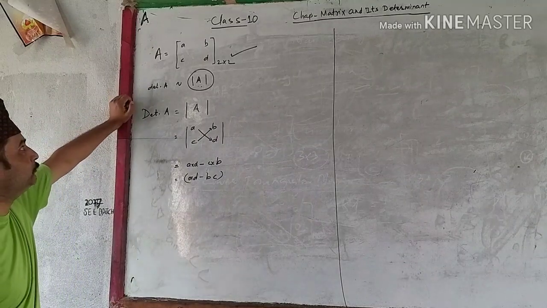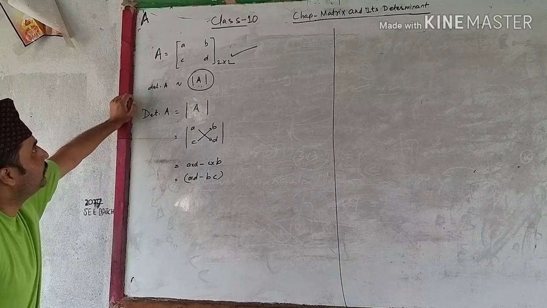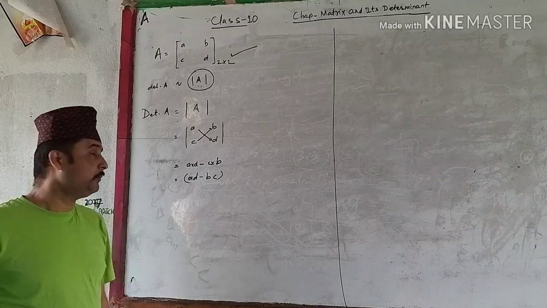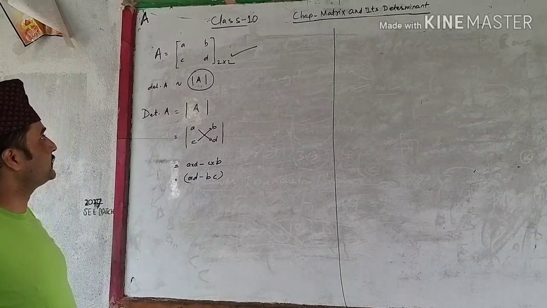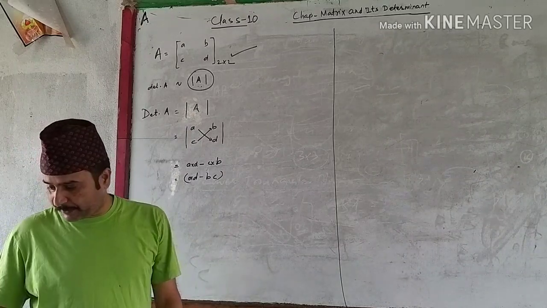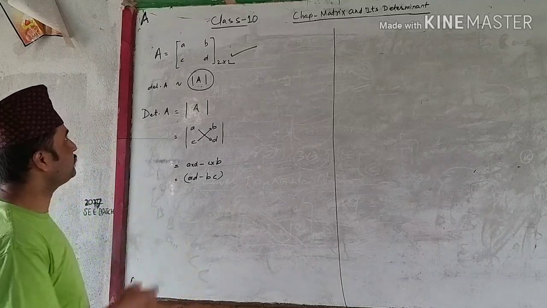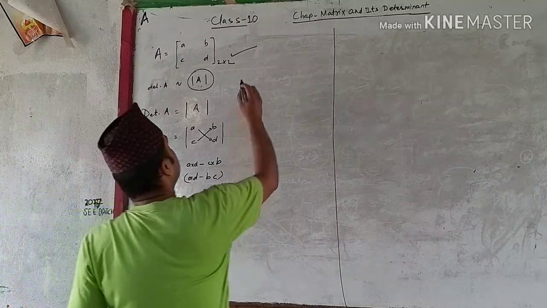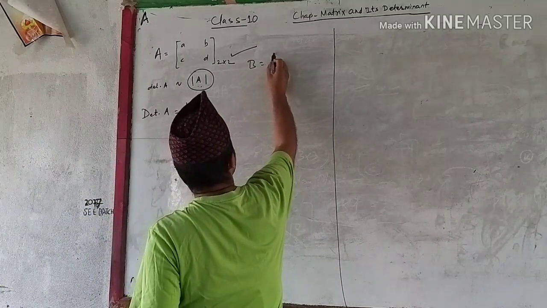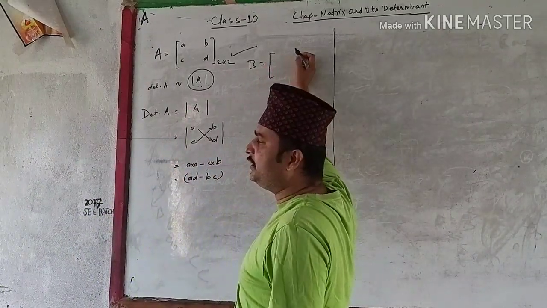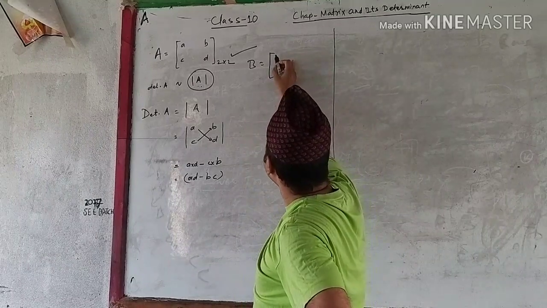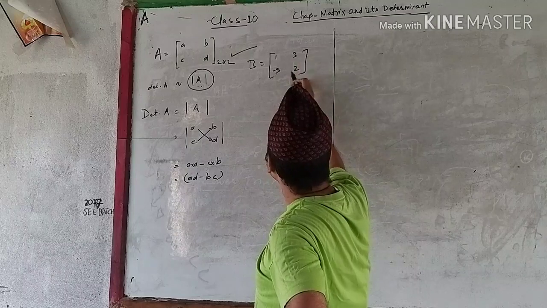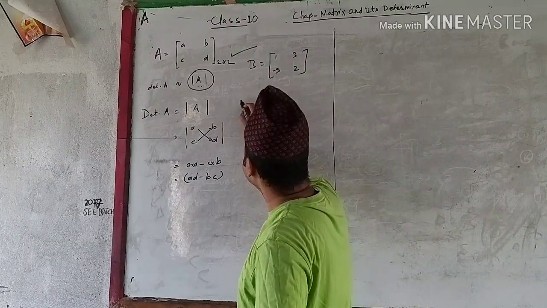Okay. Now there are some properties of finding the determinant of a matrix. Let's learn these properties one by one. Let's take some example; you can take your own example here. If I take matrix B, take any numbers you like, say 1, 3, -5 and 2. Find the determinant of this matrix. So how do you find it?